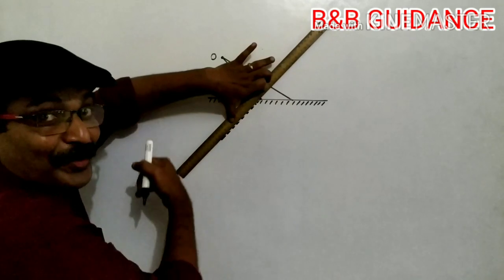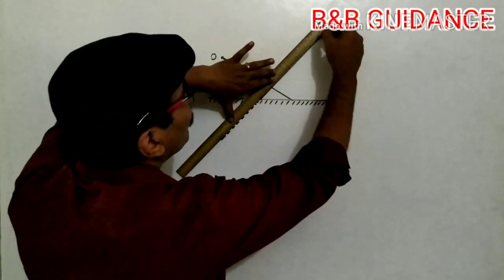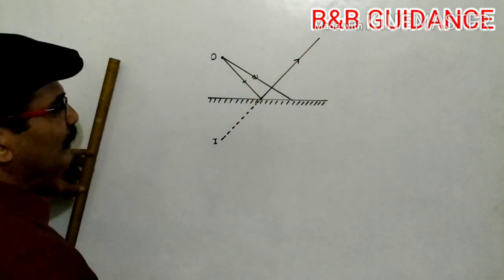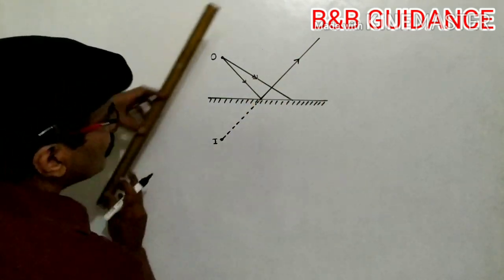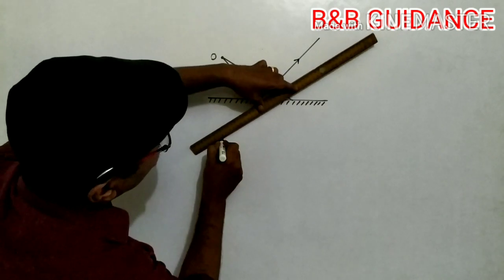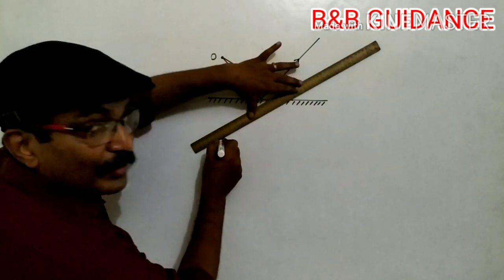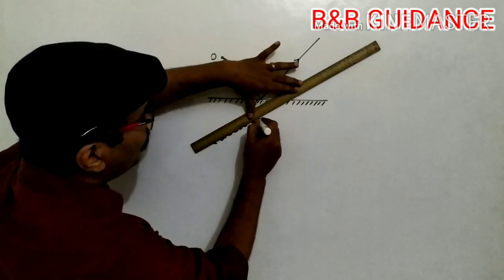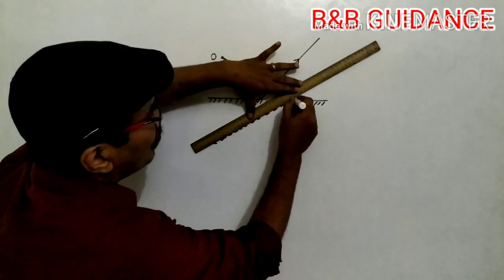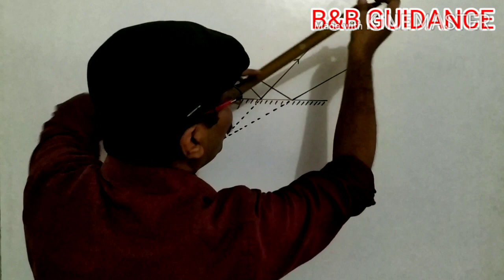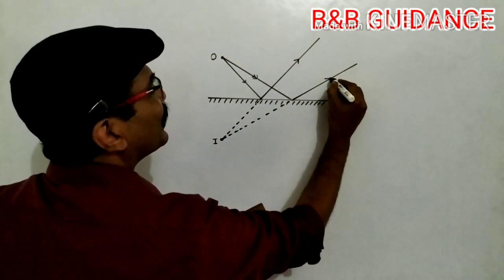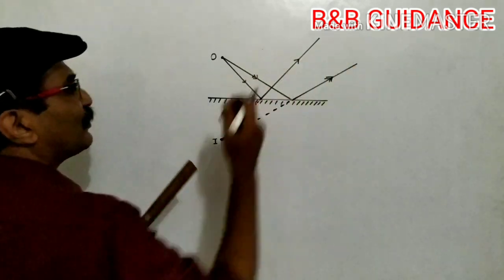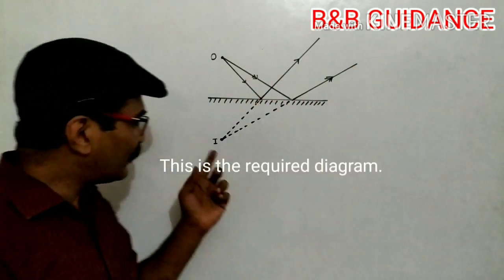Behind the mirror there are no rays, no. So then extend this. Well, that is the reflected ray. So from here again, see, do like this. Behind the mirror, broken line. This is the second ray. I can show it with the 2 arrowheads. Well, so here this is the image.